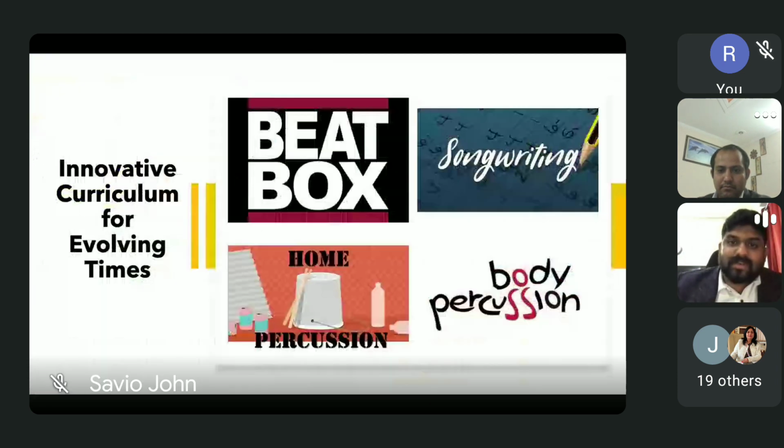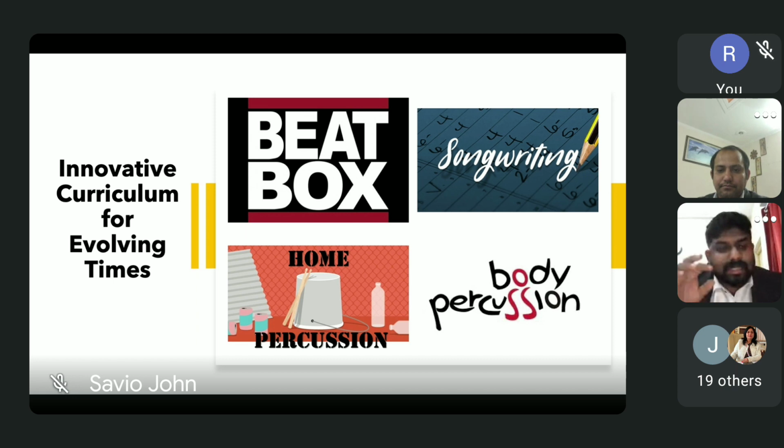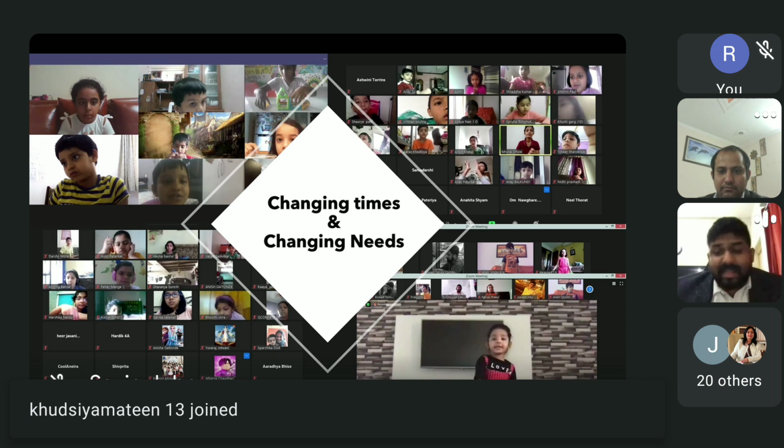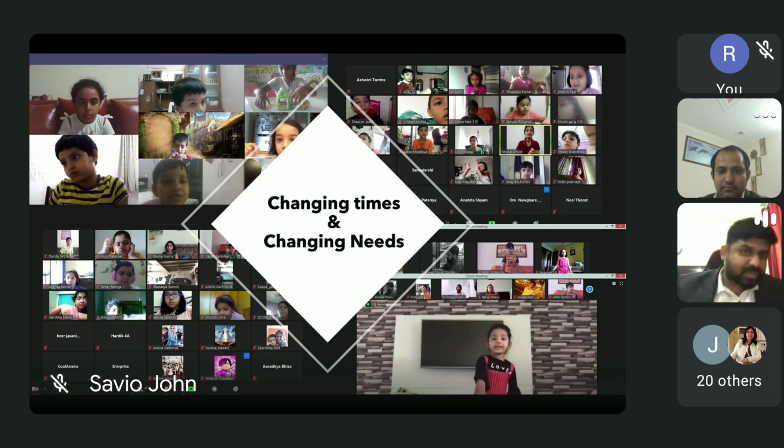But when we came up with these courses, they have been formulated in such a way that the child can be taught music in the comfort of the child's home without having to own a particular instrument, at least to get an introduction to music. So this is how the children accepted the program. All these images are from the live sessions which we conducted. It was received very well by the kids, by their parents, and by the teachers.